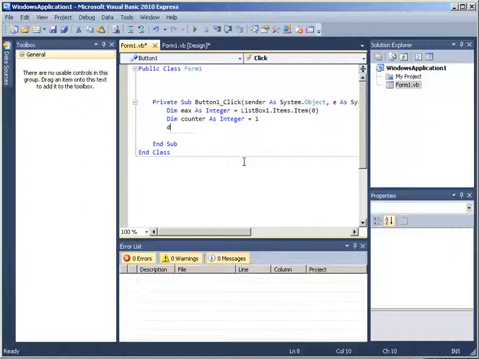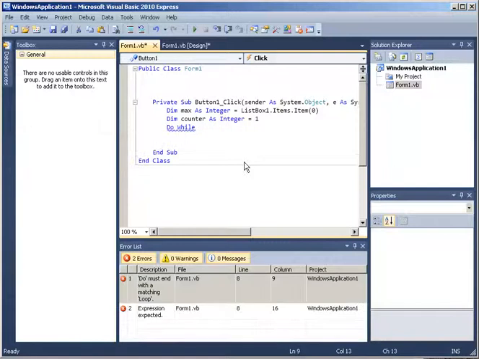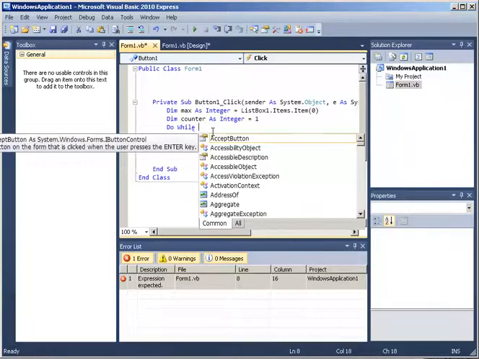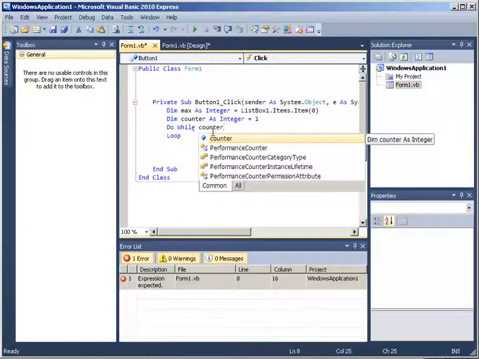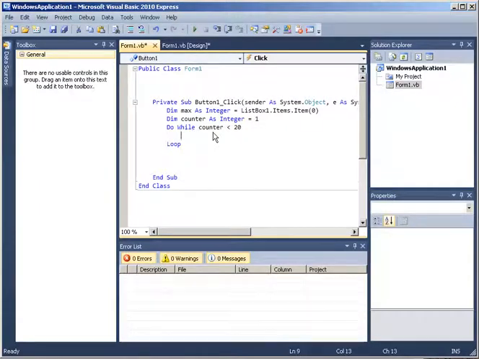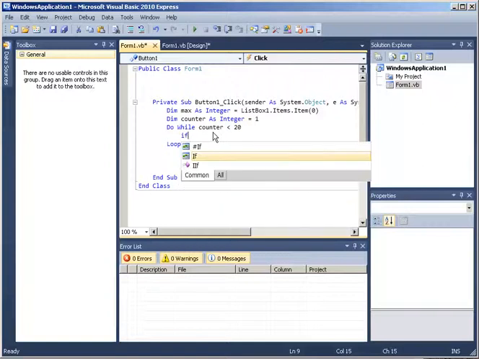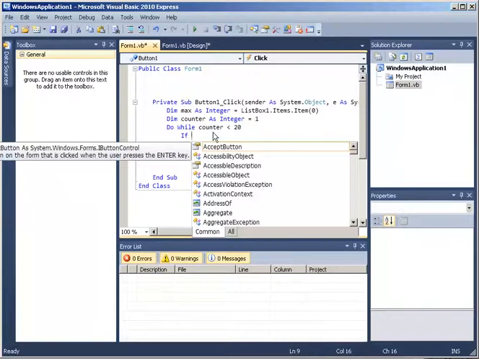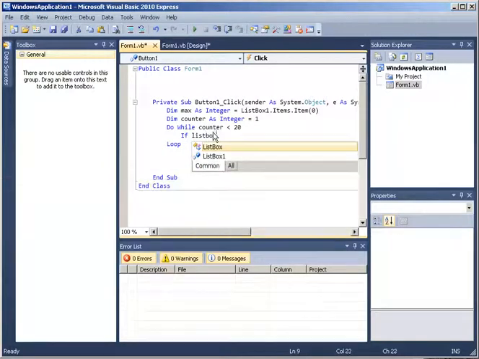While. Do while. So I need the condition here, do while counter is less than 20. Okay, so what is it that we want to do? Well, I'm gonna check. I'm gonna say if max, the element that we're checking now. So we're checking the next element, ListBox1.Items.Item